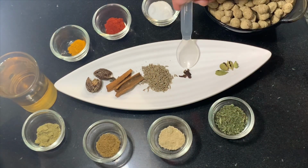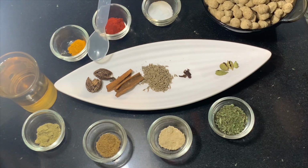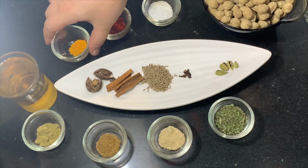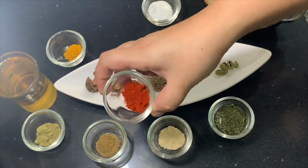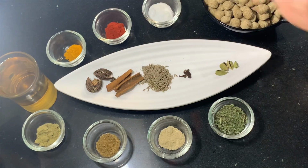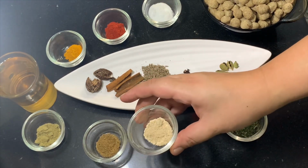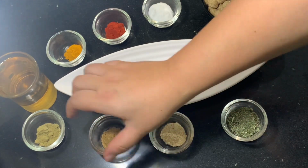For making this yakhni, I have taken 4 green cardamoms, 3 cloves, 1.5 teaspoon of cumin seeds, 2 sticks of cinnamon, 2 black cardamoms, oil around 4 tablespoons, 1.5 teaspoon of turmeric powder, 1 teaspoon of chili powder. This is optional, that we'll be going to use with a portion of yakhni. Salt, I have taken 1.5 teaspoon, you can adjust according to your taste. 1 tablespoon of dried crushed mint, half teaspoon of ginger powder, half teaspoon of coriander powder, 1 teaspoon of fennel seed powder,